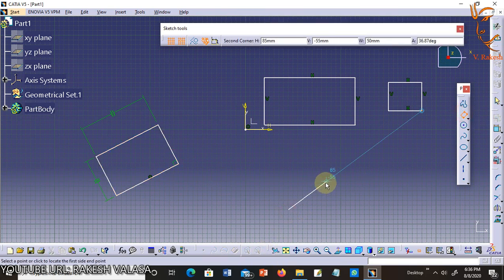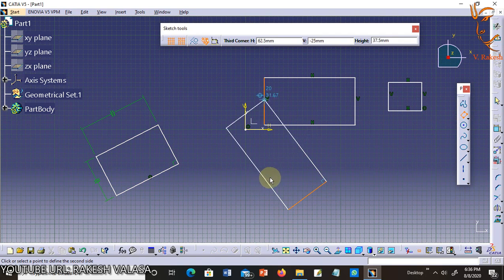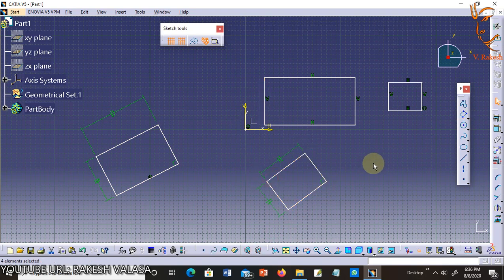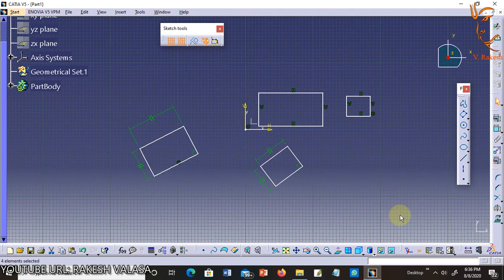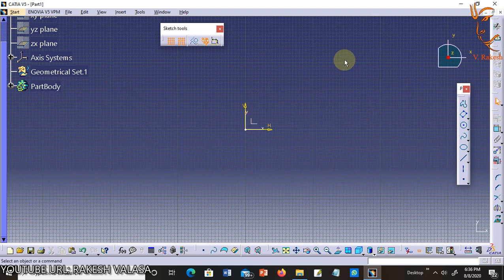The first point, second point, and third point. You can select these rectangles and click the delete button.